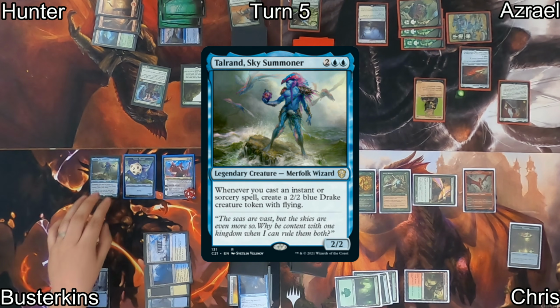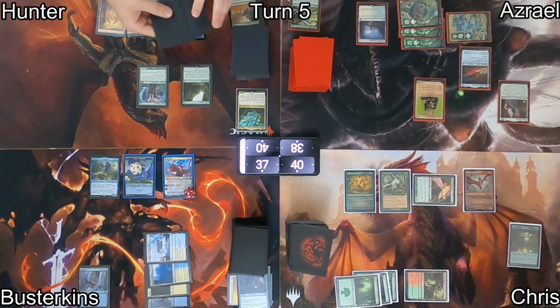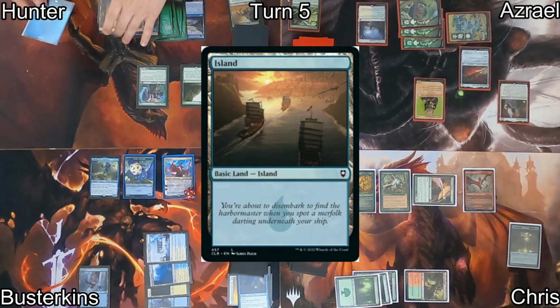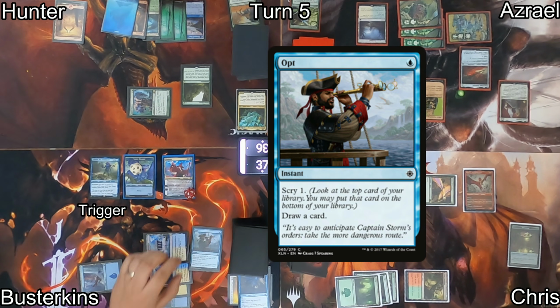Then he casts Talrand, Sky Summoner, in an effort to start producing some 2/2 flying Drakes. Over to Hunter's turn, Sylvan Library will allow him to draw 3 cards. He'll put 1 card back on top of his library at the expense of 4 life. Then he plays an Island and moves right into combat at Elminster with his Fauna Shaman, trying to deal 2